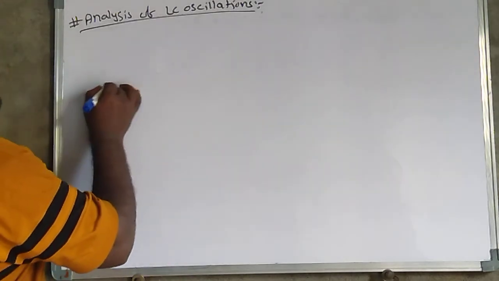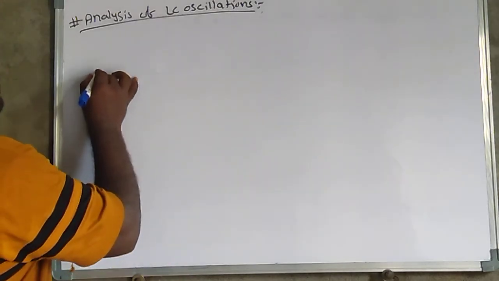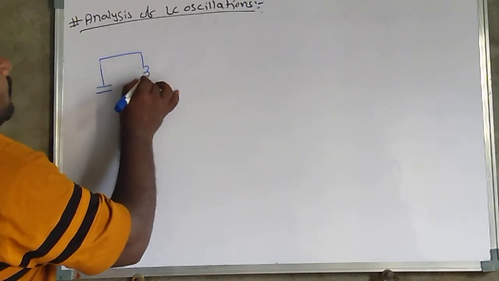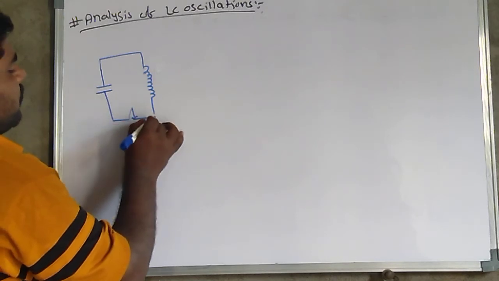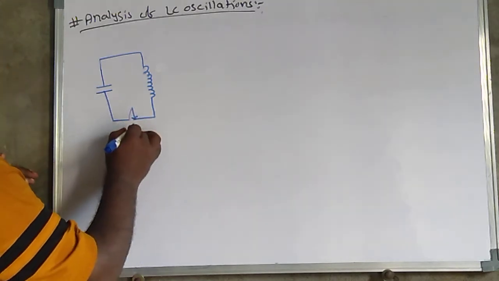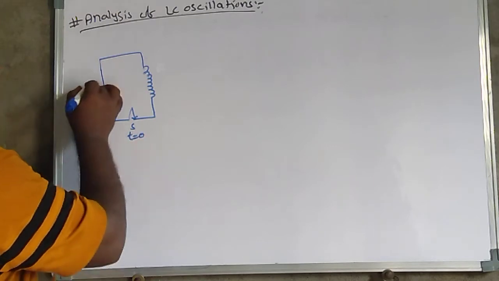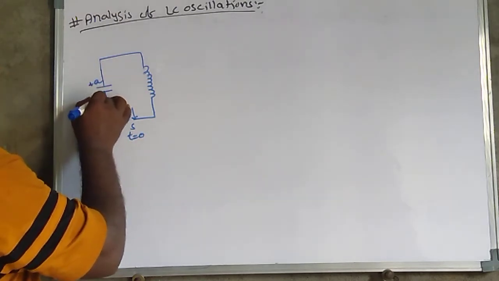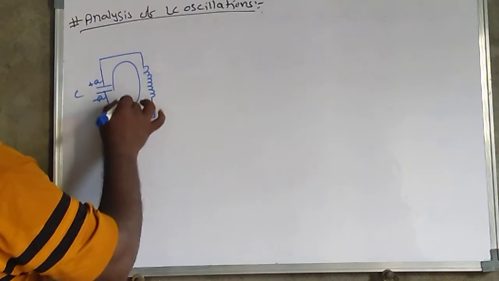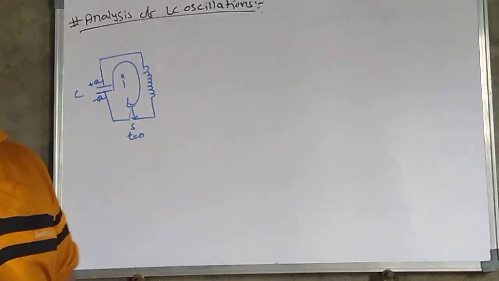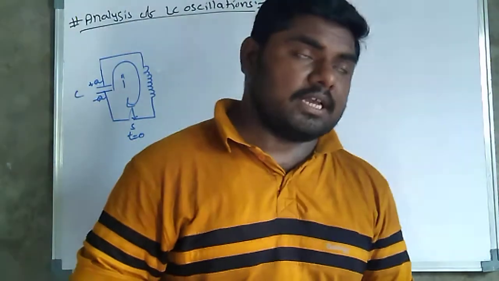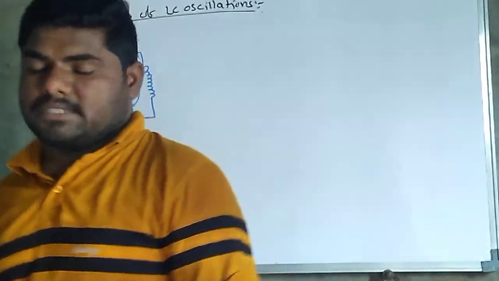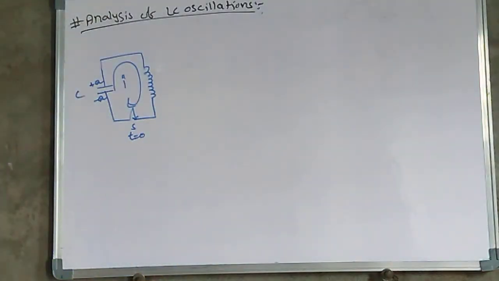Here this is a capacitor, this is the inductor, and this is a switch. At t equal to 0 the switch is closed, with positive q and negative q on the capacitor C, and this is the current moving direction. Whenever the current moves, in this situation, by energy conservation under ideal situation,